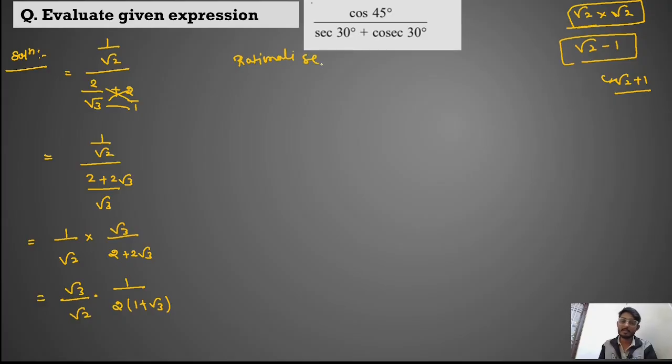Whenever you rationalize this term, you will write root 3 upon root 2, and multiply this by root 2 upon root 2. So this term will cancel out and root 2 times root 2 gives 2. Here 1 upon 2. First of all, you have to write the bigger term first and the lower term last. It means you will write root 3 plus 1.